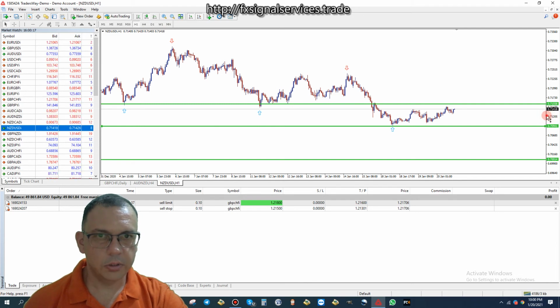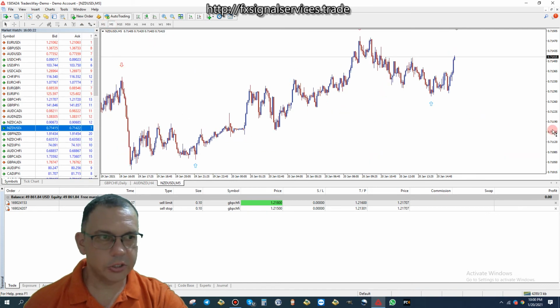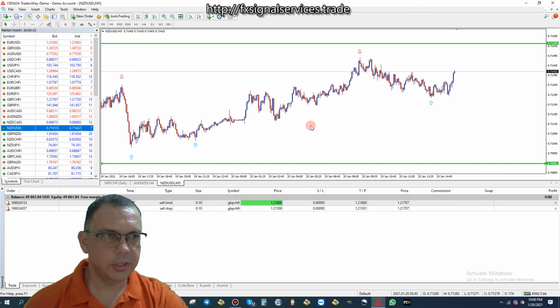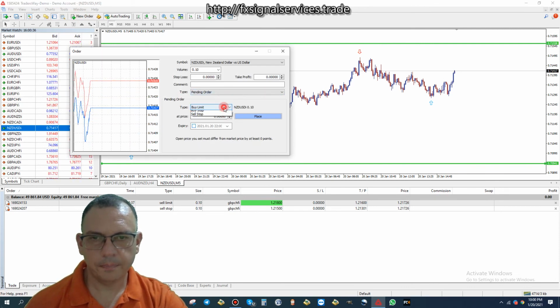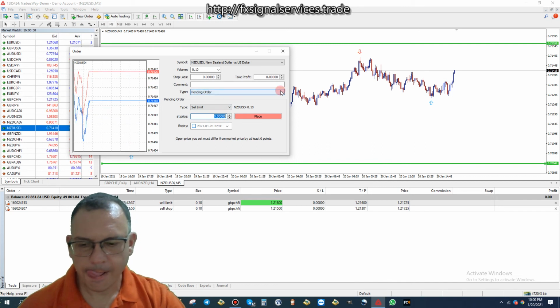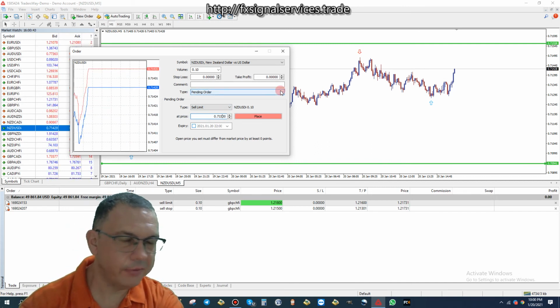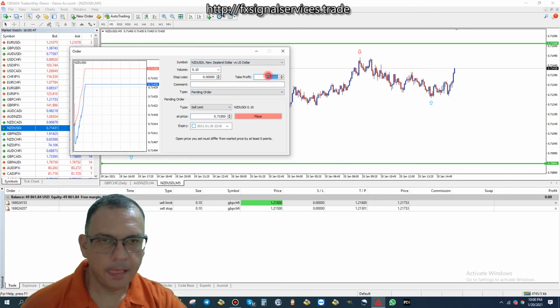what I want to do is put a sell limit pin order just below that line, and I can go to a 5-minute chart just so I can get a clearer picture of what's going on. You can see real clear on a smaller time frame. So here I want to put a sell limit pin order at 0.71500. Okay, that's going to put it close to that red arrow right there,